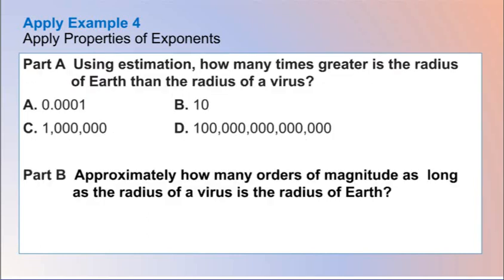And our final question, which we just did here. So if we were to write our answer as 10 to the 14th, that means we have 1 with 14 zeros. So 3, 6, 9, 12, 13, 14. So it would be part D would be how much greater the radius of Earth is than the radius of the virus. And how many orders we said was 14. So that is our lesson on negative